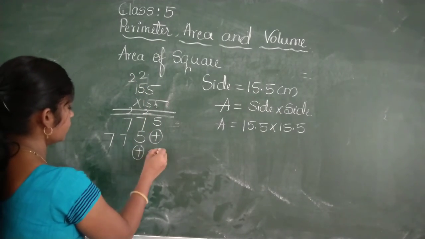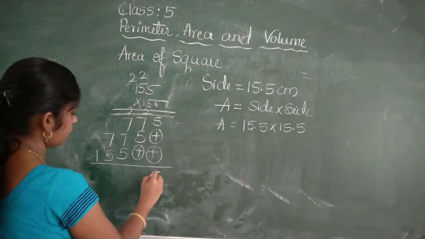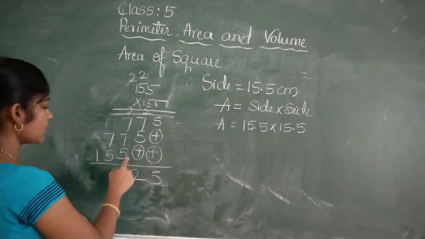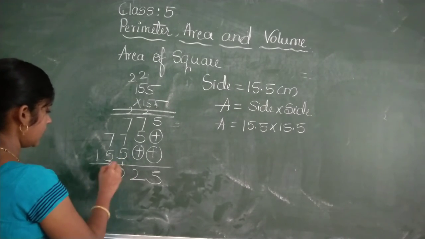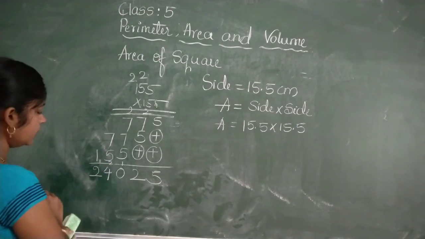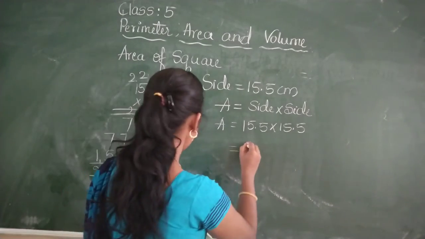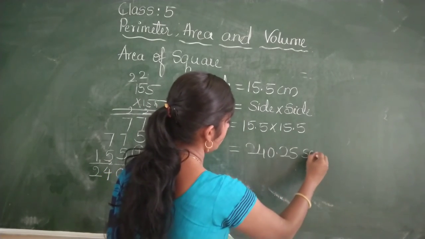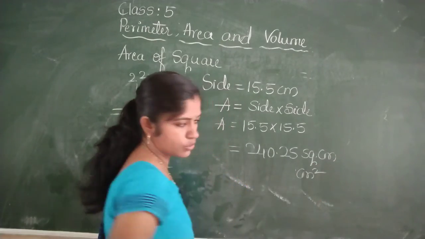Next again leave here 2 digits. 1 5 is 5. 1 5 is 5. 1 1 is 1. Add. 5. 7 plus 5 is 12. 7 plus 7 is 14. 14 plus 5 is 19. 19 plus 1 is 20. Again 7 plus 5 is 12. 12 plus 2 is 14 and again you write here 2. So after how many digits will the point come here? 2 digits. See here. Next you write here 240.25 square centimeter. If you write centimeter square, this is also correct.